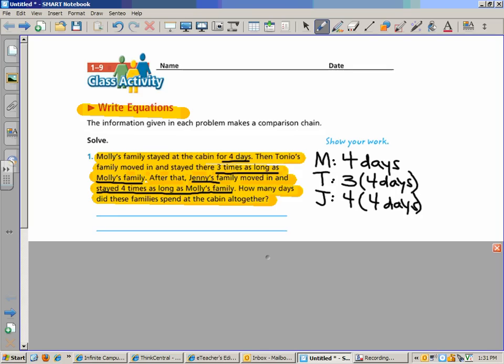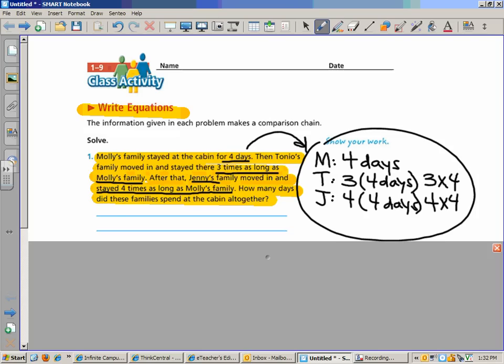And maybe I should put on the side here, what we're doing is the 3 times the 4 and the 4 times the 4. So drawing those pictures out, or writing the important details out on the side, kind of helps us get an idea and organize it. Going right to the equation is not what I'm expecting out of fifth graders. Even the adults have to do kind of a rough draft or an idea of what's happening